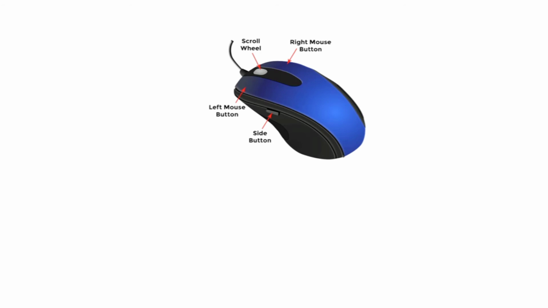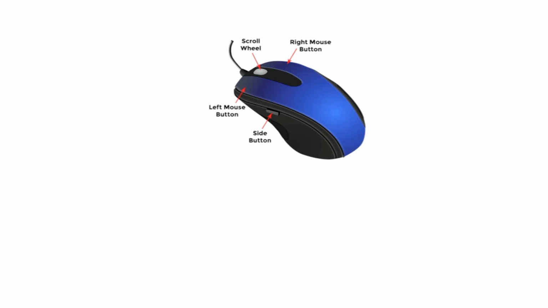Now what are the uses of a mouse? First, it helps us to move the mouse pointer on the screen. Next, it can help us to open and execute any program. It also helps us to select any data in our document. Now the next is drag and drop. It means with the help of the mouse you can select any data, drag it with the right click, and drop it to the new place where you want to paste your data.